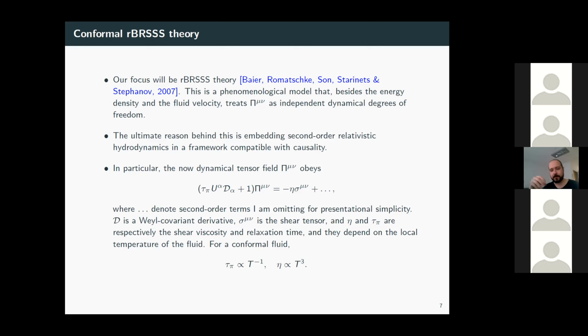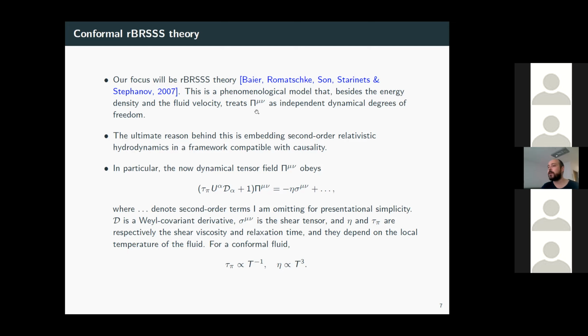Okay, this is not the only way of achieving this goal, and in recent years, alternative first-order formulations based on the choice of generic frames other than the Landau frame have been extensively explored. Maybe with some people, I don't know if George is in the audience, he has worked on this extensively. But in any case, we are just going to choose this particular theory as a benchmark model in which we can try to play around with our ideas, okay?